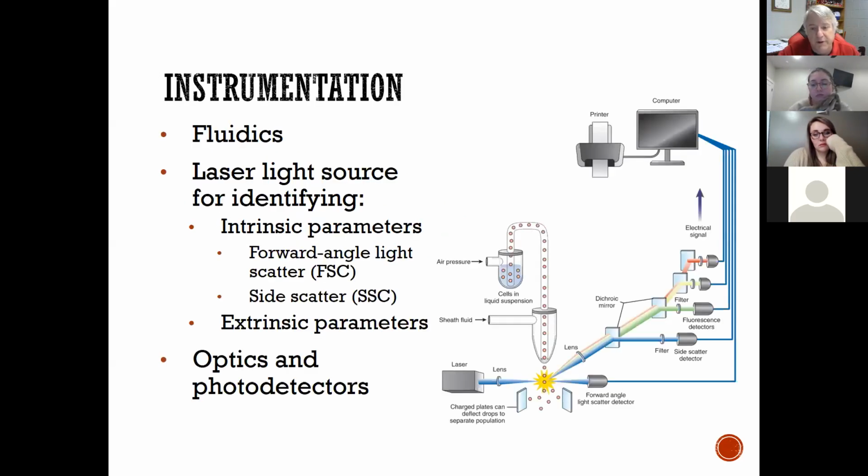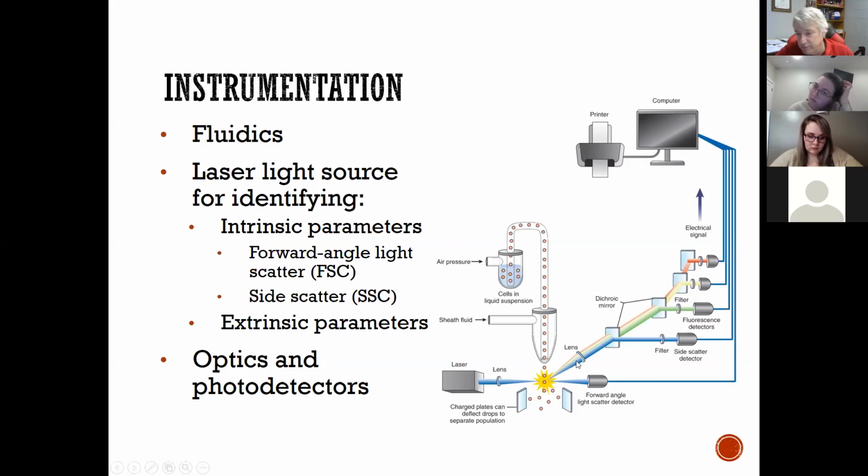So here's the instrument itself. You see the cell suspension, and you just draw up a tube of blood in EDTA. All right, so that is a cell suspension, a liquid suspension. As it comes through, what you want is one cell at a time. So you can imagine the size of this sheath bringing the fluid down. You have a laser coming in here, and as the cell drops, it breaks the laser beam and that allows it to count.